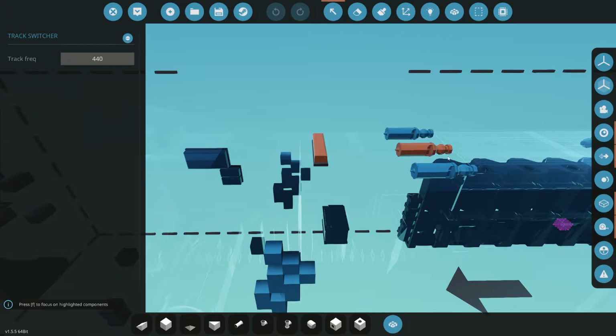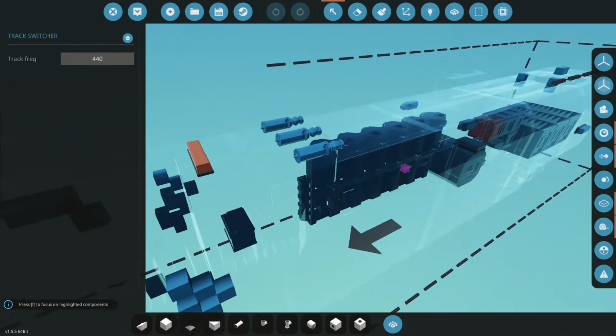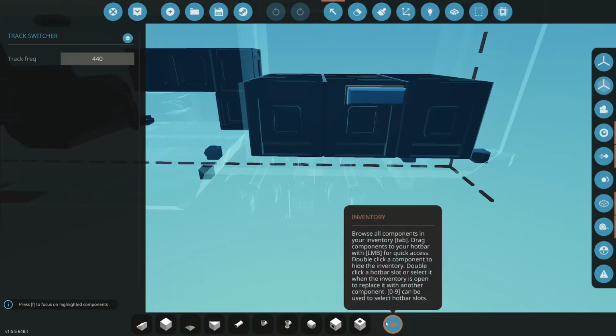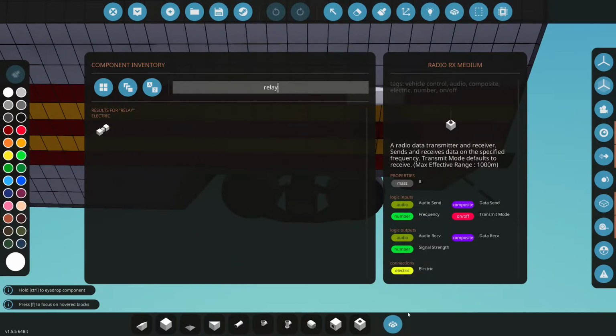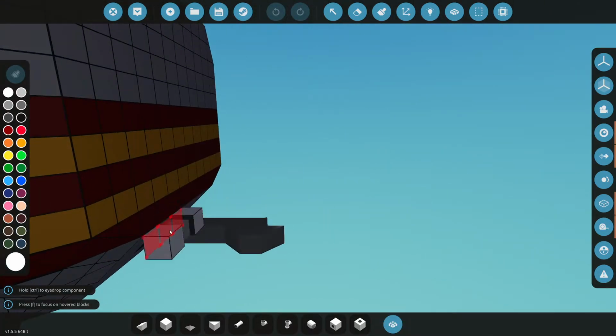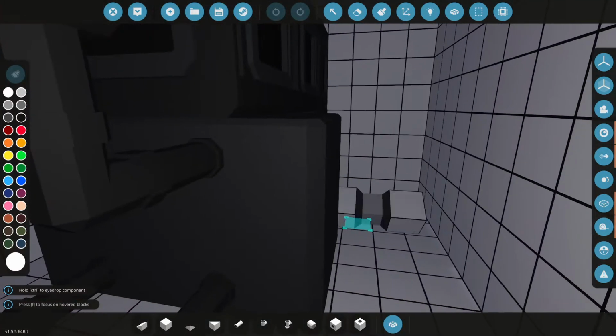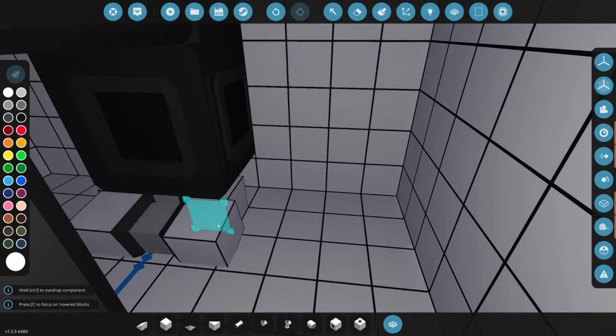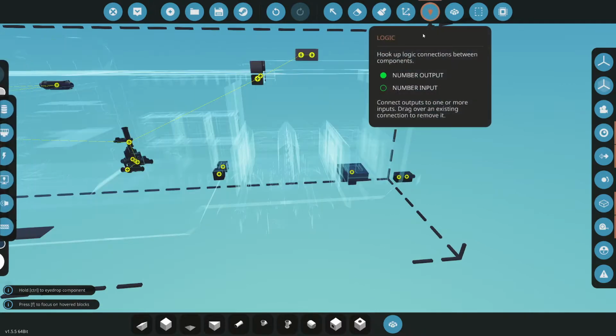All right, so we have a track switcher in there. That's boss. That's what we need. Next thing, let's try to move on here and do this. All right, so let me do a relay. I want to get these couplers set so that when we're not connected, they go straight. And then when we are connected,